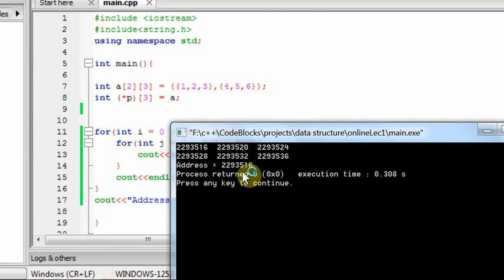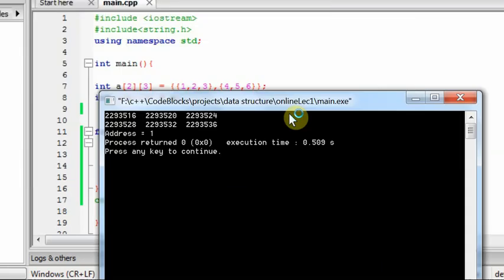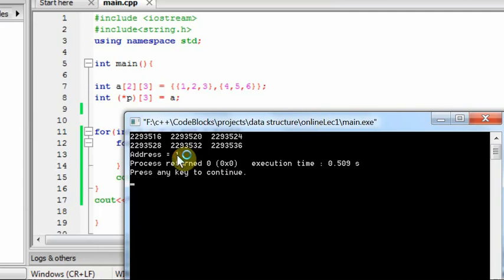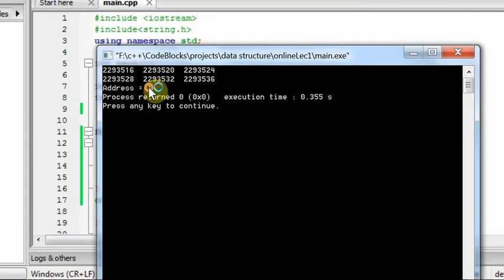So how can we access the first element? Just simply like we access the array. So if I print like this, it will give me the value of the first element. Also, actually it is giving us the address of the first element, so I can also access it like this, dereferencing this address, and look at the output. We have dereferenced the address, so the output is the same.